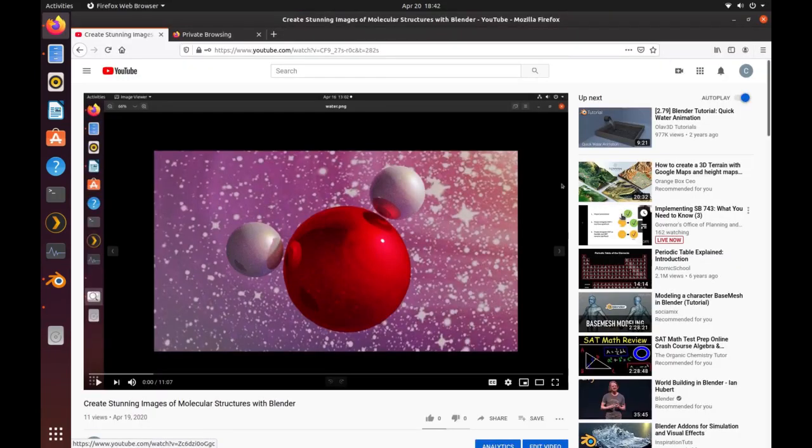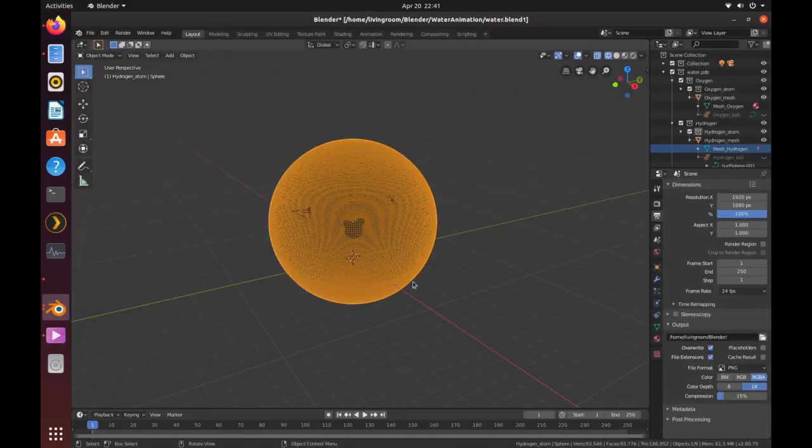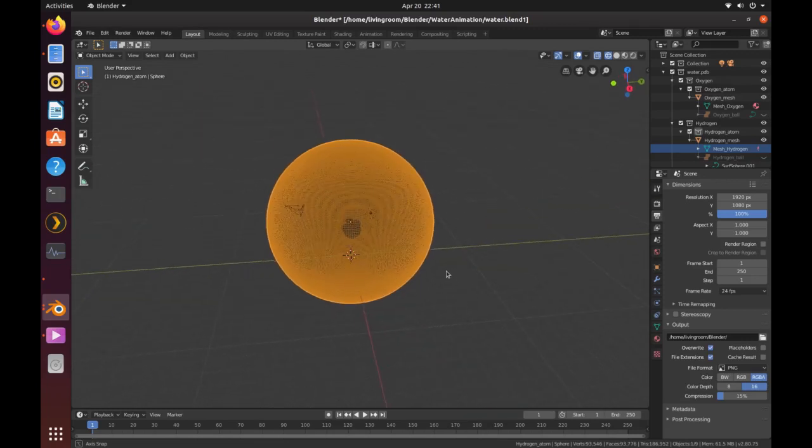In one of my previous videos I showed you how to create stunning images of molecular structures from PDB files using the Atomic Blender add-on tool. And today we're going to use that same scene to make interactive 3D animations. So first let's load our Blender file. If you don't have access to this file, I provided a link in my original video. Go check it out. You can download the blend file